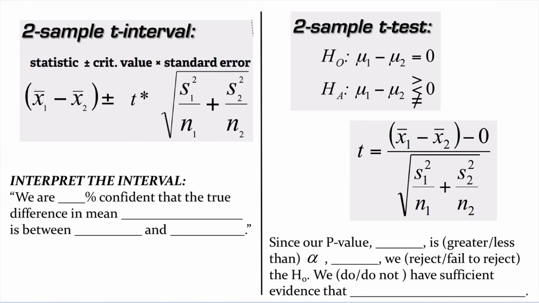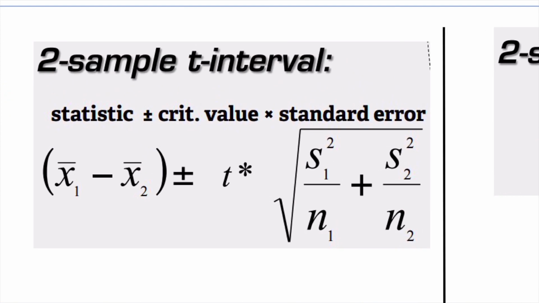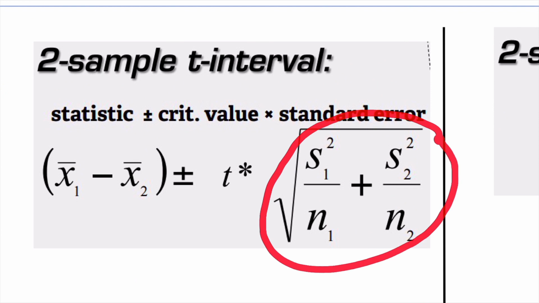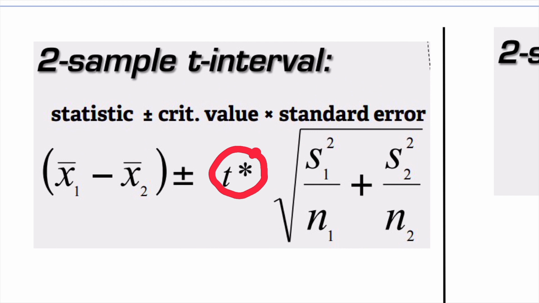Now we have the test statistic. We don't have to do any kind of hypotheses, because this is an interval. Earlier we talked about the formulas. So here's the formula. This part right here is on the back side of our formula sheets, so we don't have to memorize that. We just have to figure out T critical.